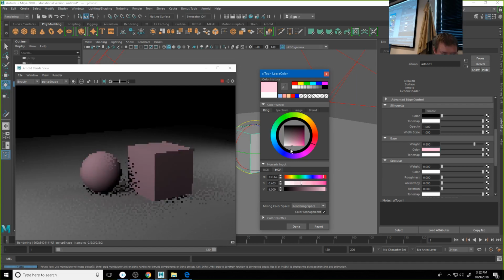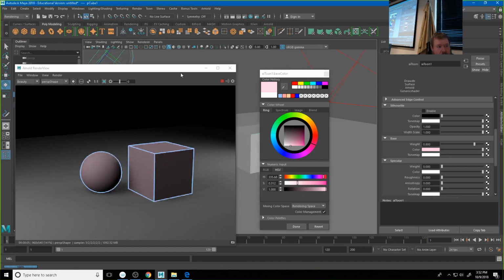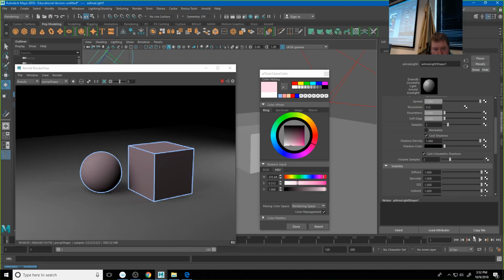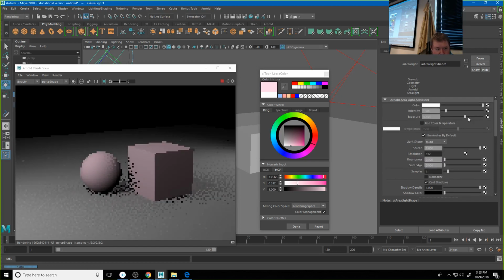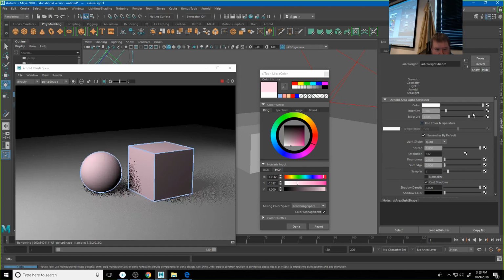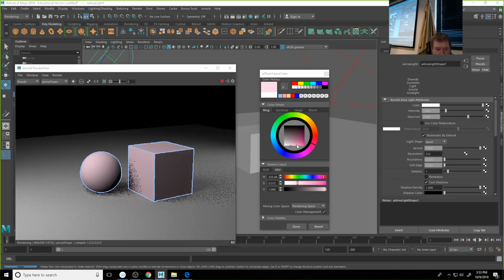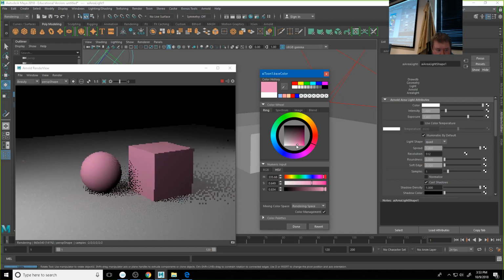Maybe I just need to turn my lights up. Turn my exposure up there a little bit. There we go. Maybe that's a little too much. And make that a little more on the, there we go. So that's my base color of my